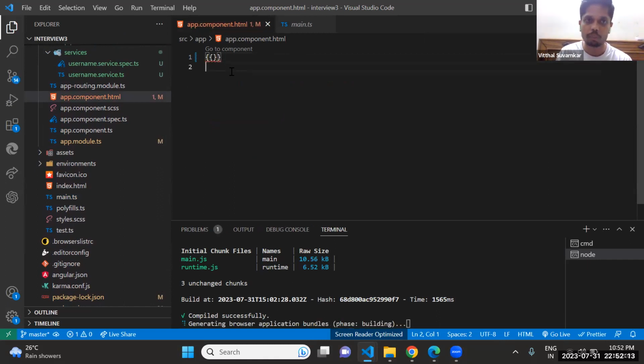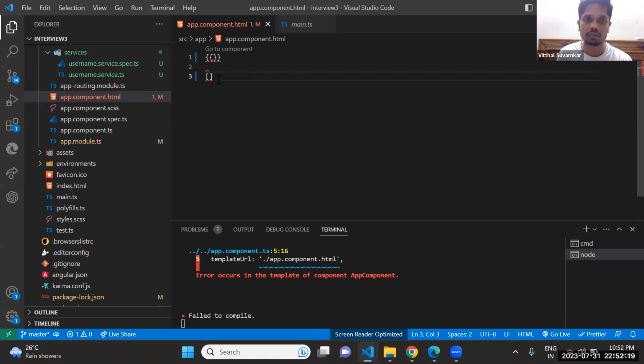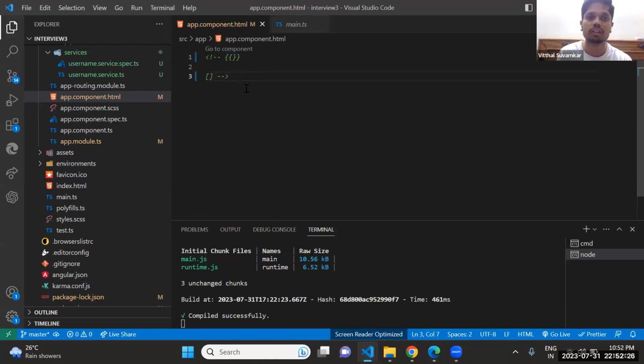And in property binding, we use square brackets. Property binding means there are inbuilt properties, like the image SRC property, which we can use with property binding.